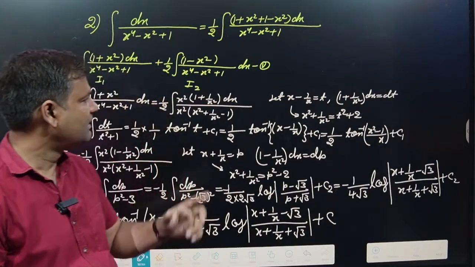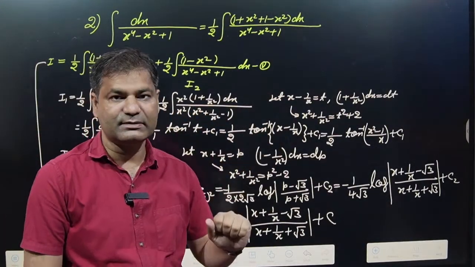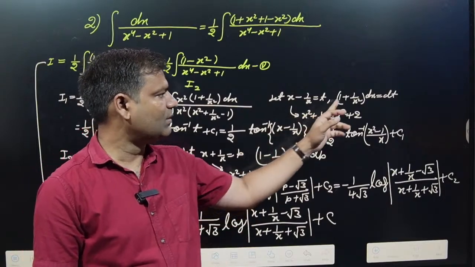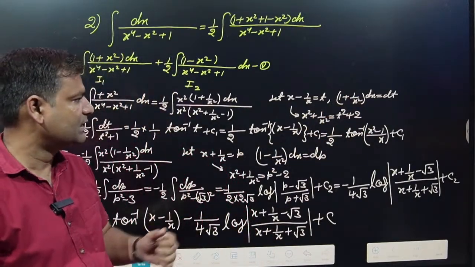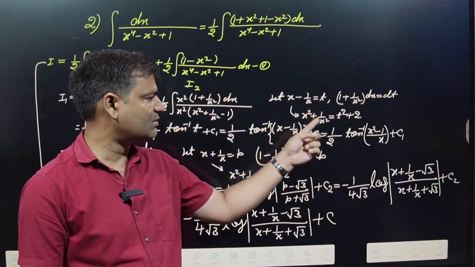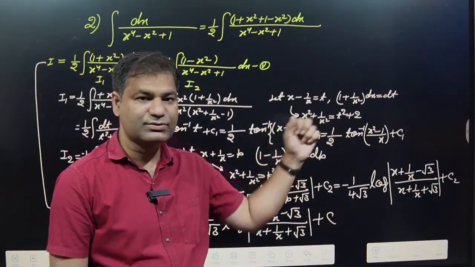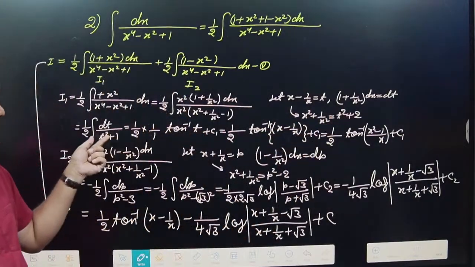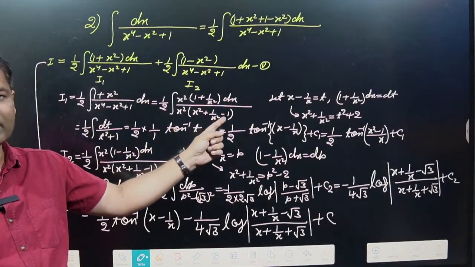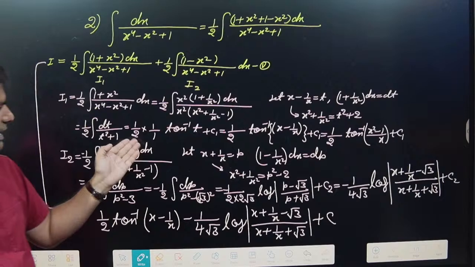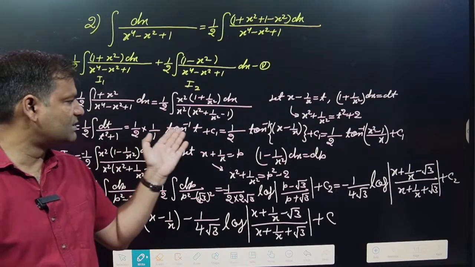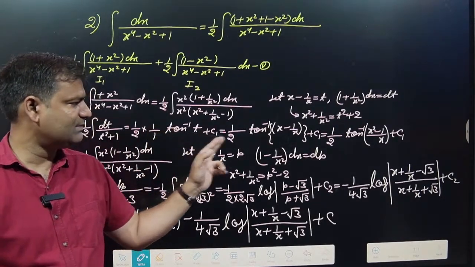Simply, if x minus 1 upon x is t, then 1 plus 1 upon x square dx is replaced by dt. So x square plus 1 upon x square is equal to t square plus 2. Replace that with t square plus 2, so t square plus 2 minus 1 is t square plus 1. After that, simply 1 by 2 into tan inverse t, and t is basically x minus 1